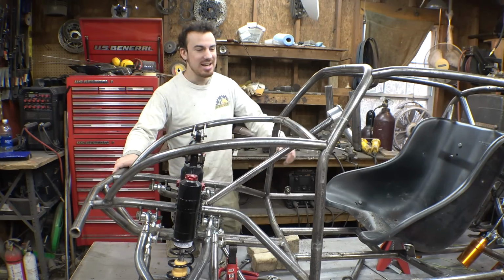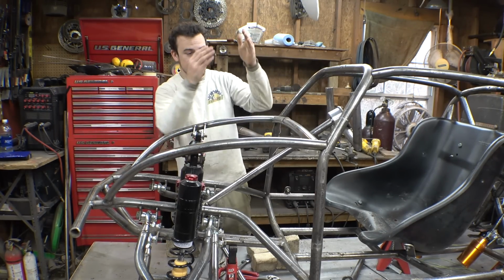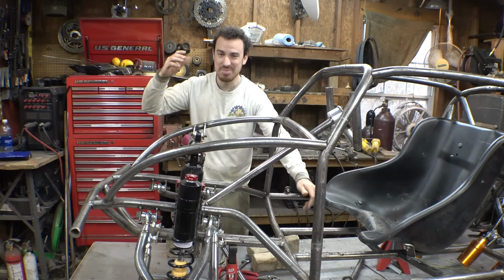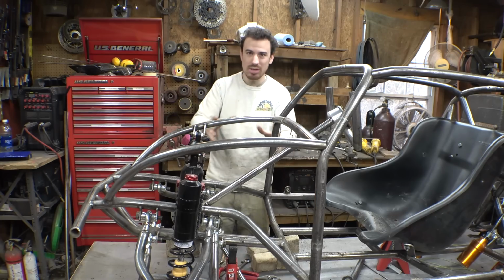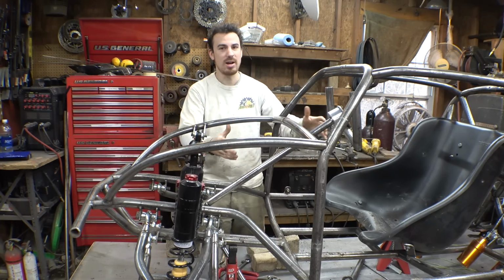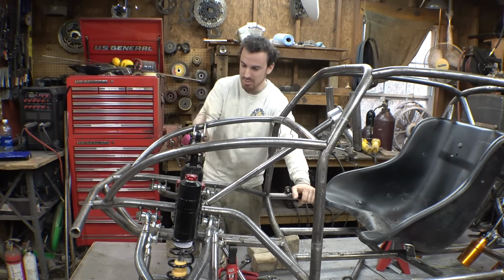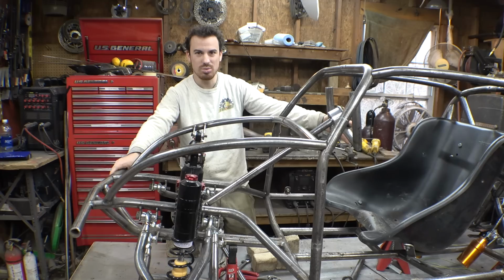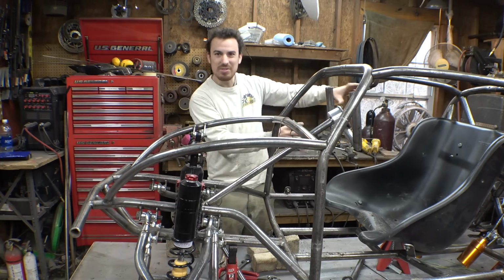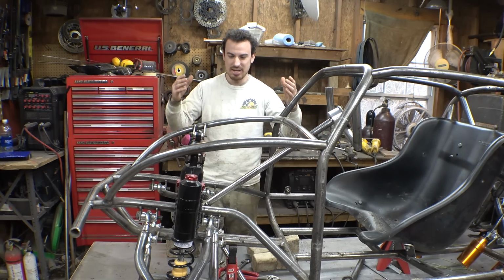Alright, so the reason I am heavily procrastinating finalizing the exact position of the steering wheel and steering column is just because I don't like it. I don't like how there's no leg room in this thing. It's very uncomfortable to sit in, and I'm really trying to figure out how I can fix that. How can I improve this? I moved the seat back a little bit, and that did help a little bit,